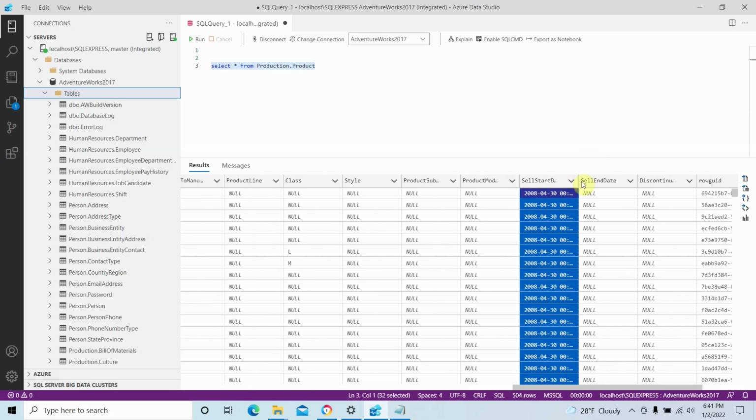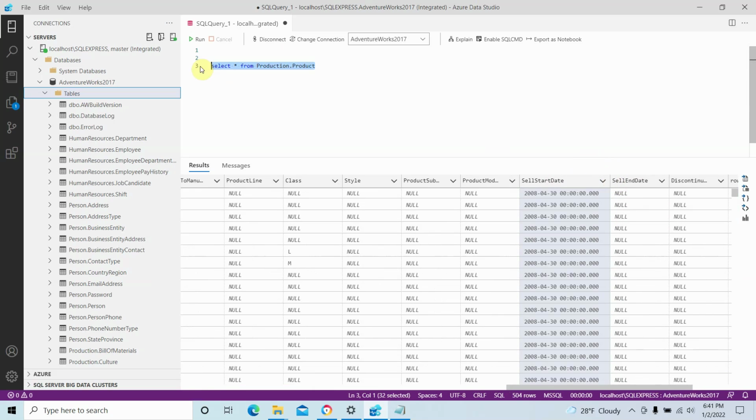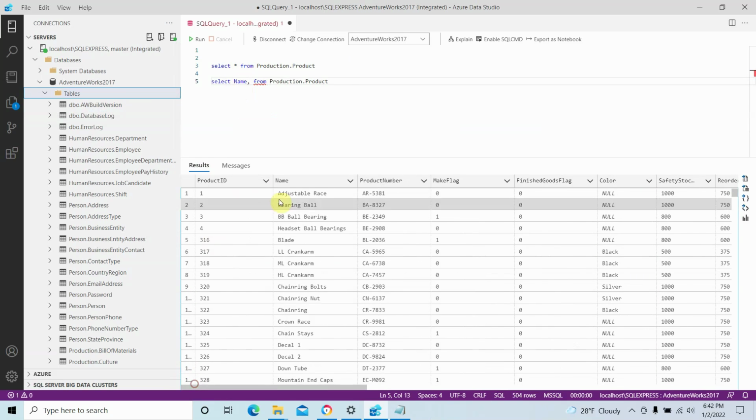See, this is the second column. It's required for this scenario. Okay, so let's rewrite this query so it displays only those two required columns. So the first is the column name. Yes, it's name.